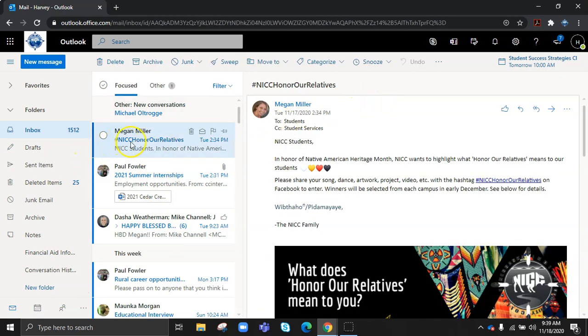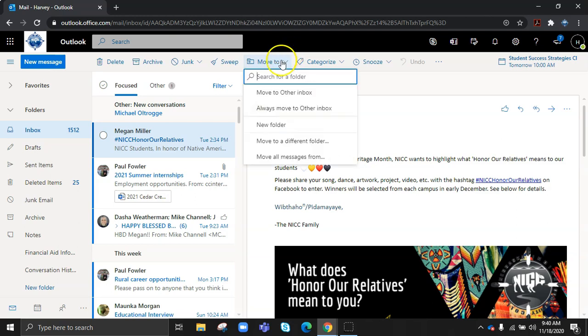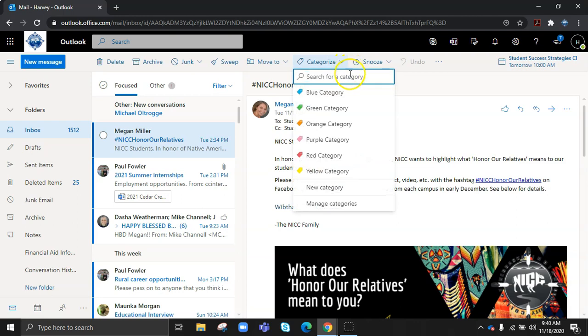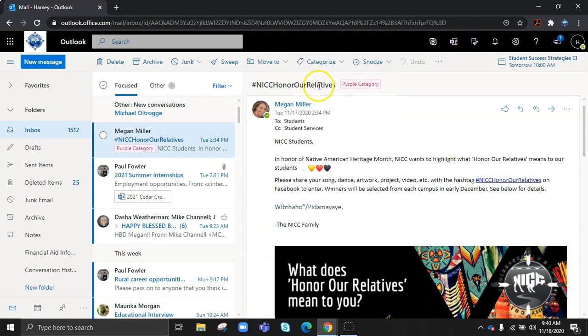We also have the option here to select individual emails. We can tell that this is a new email because the title of the email is bolded. Same thing with this email from Paul here, 2021 summer internship. And then we also have the option of deciding how we want to code this email. We have the option of moving it to a folder. We have the option of categorizing it. If, for example, we have important information, we want to code it in purple. This purple category will allow us to search for that information. If we want quick access to it, we also have the option of deleting this email here,